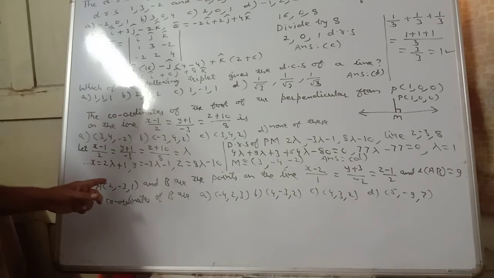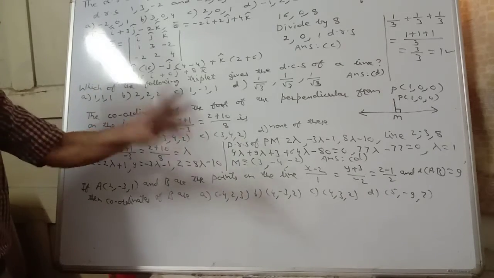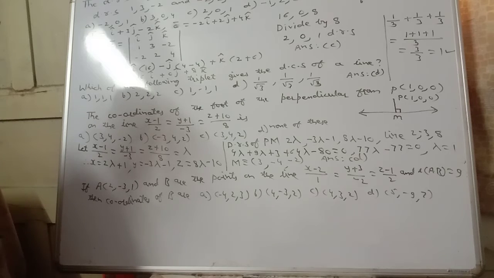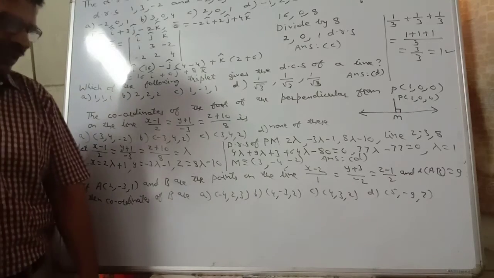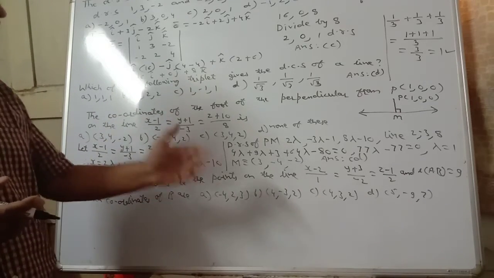So A and B are the points on the line. Coordinates of point A are given, and we have to find coordinates of point B. Now here this is a multiple choice question. Options are there,